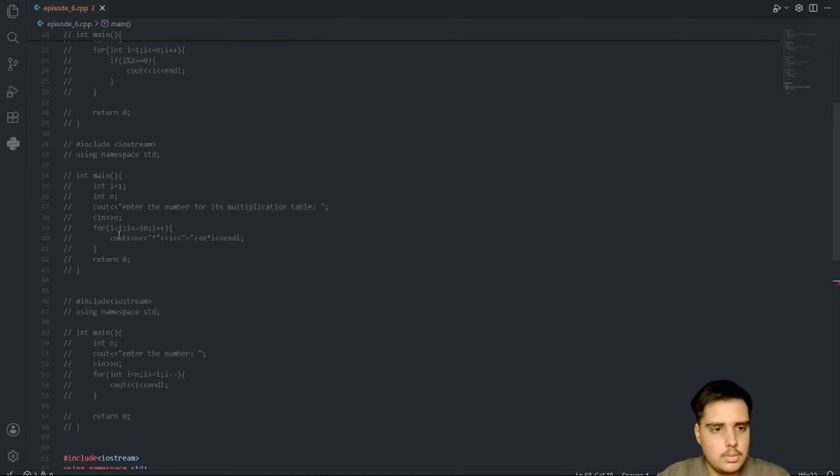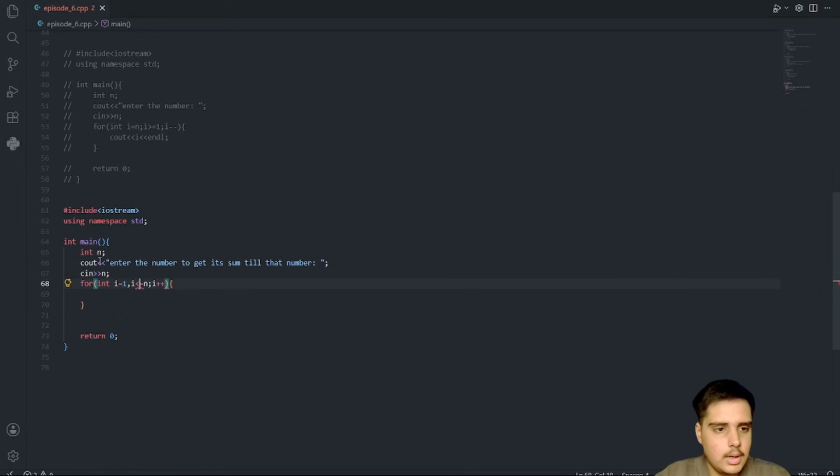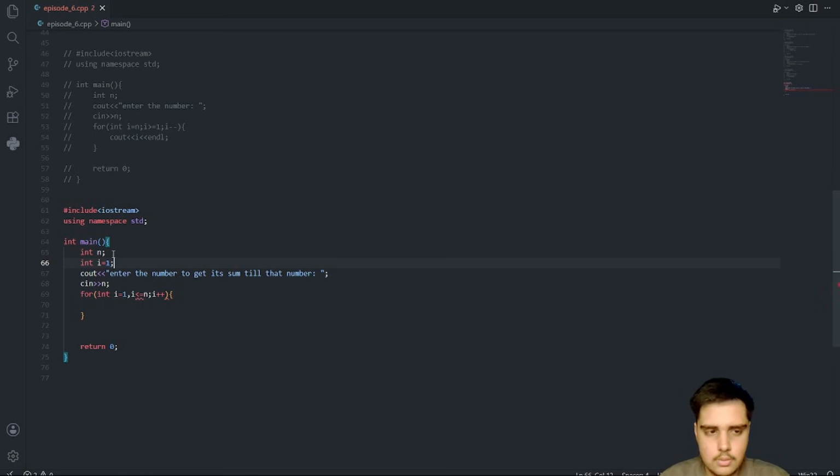One second. i less than equal to n. Why is it showing some red? For int, let me say int i equals to 1 here also. Actually yeah, the problem is I should use this here. That was the thing. A comma was added by mistake.